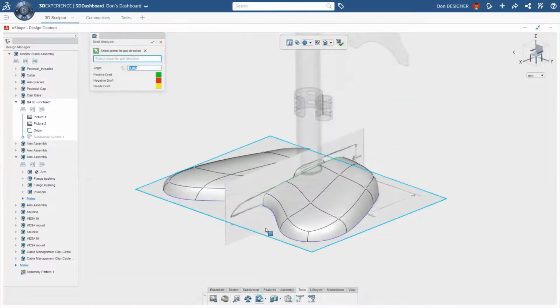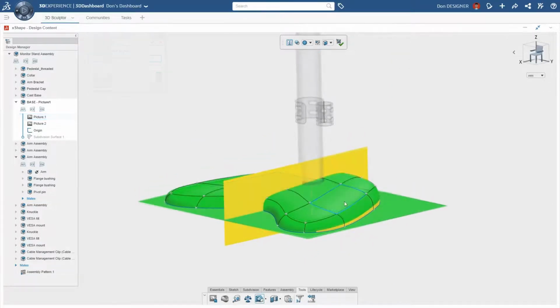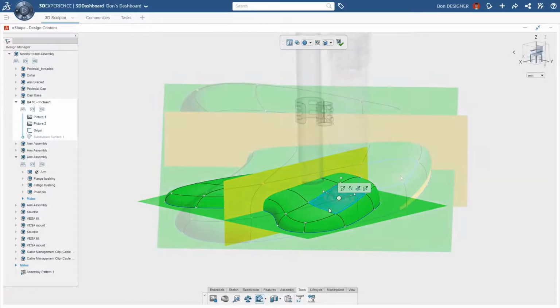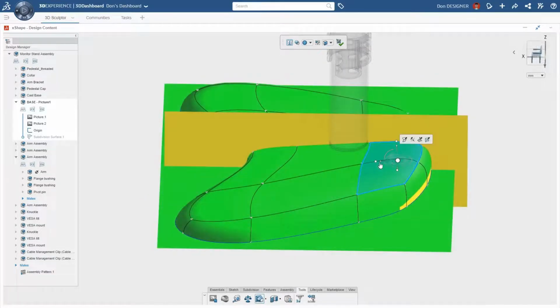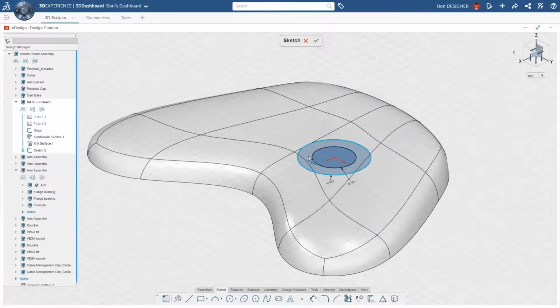It's important that we are not just making a nice looking design. It must be manufacturable. We are expecting this part to be injection molded, so here Dawn is using some built-in draft analysis capability. Just like before, we push and pull until we get the result we want. So now that the manufacturability is confirmed, we want to finish the design.